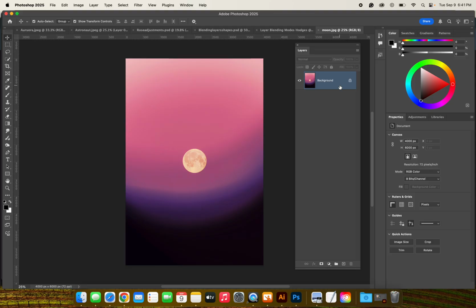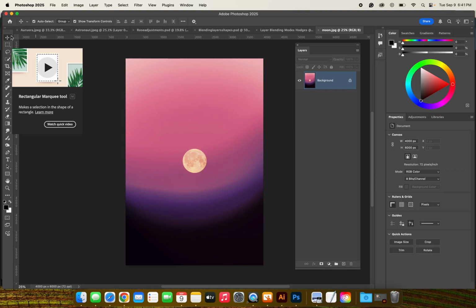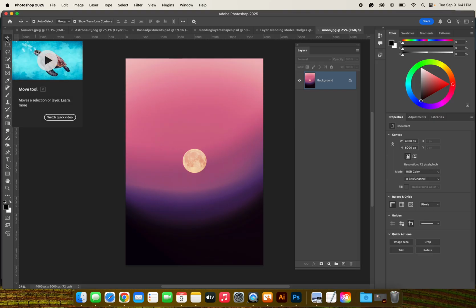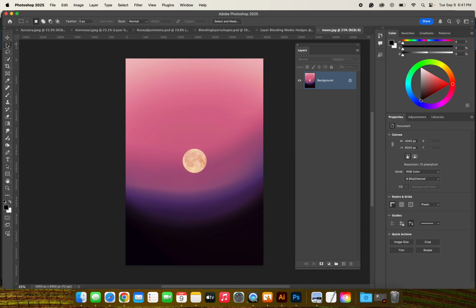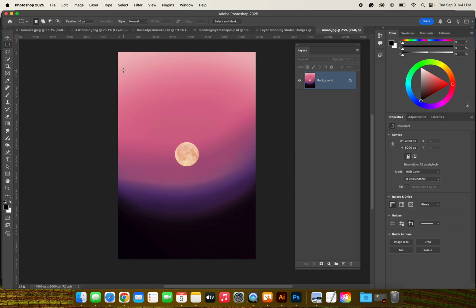Instead of pulling and dragging, come over to your toolbar. You have your move tool. Then you have your rectangular marquee tool. You're going to select your rectangular marquee. You're going to start at the top left and then click and drag with your other finger and select this whole picture. Once you see, these are called the marching ants. Once you see those all around your picture, Command C,